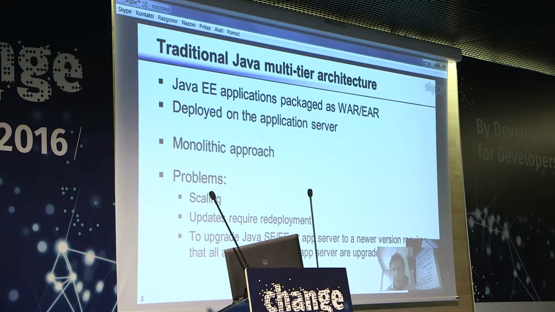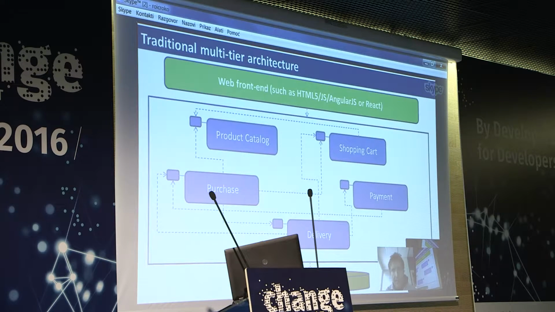If we deploy such an application on an app server as a monolith, then we can scale this application only as a whole. However, if I go back to the previous slide, I could argue that not all the services in this application are used the same when this application is actually deployed. Probably the most used service would be the product catalog. I would guess that 10 times more users would browse the catalog than those who would actually do a purchase or payment and so on.